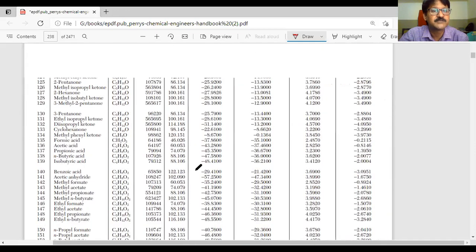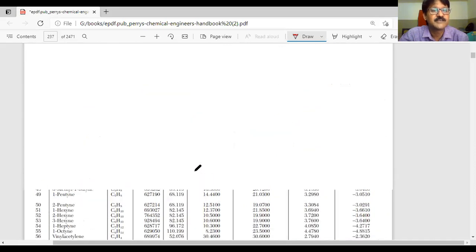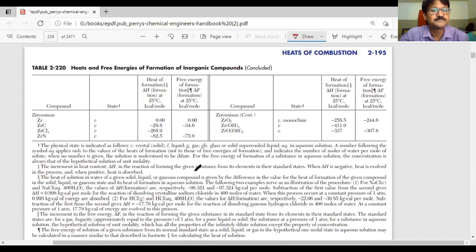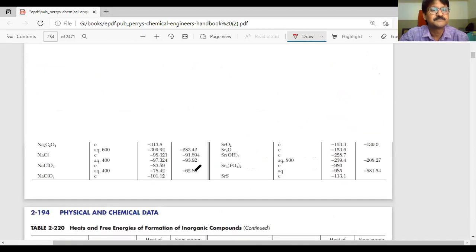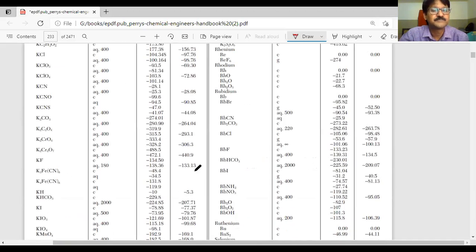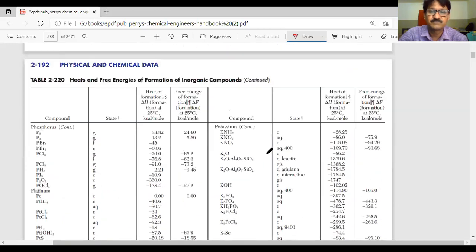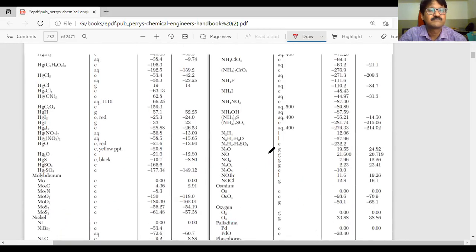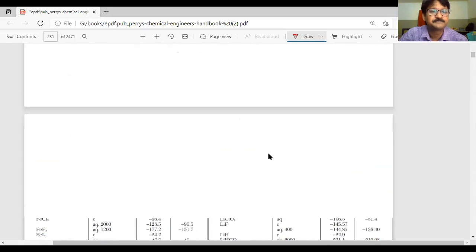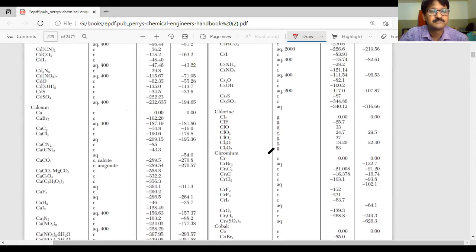Physical property enthalpies. You got? It is there. Sir, that page is not available. It is there, man. We have taken all the important page numbers. Page number 2326. 2-326. It is there. Please check. Okay, sir. Oh, very few pages are there. Okay, you can find.